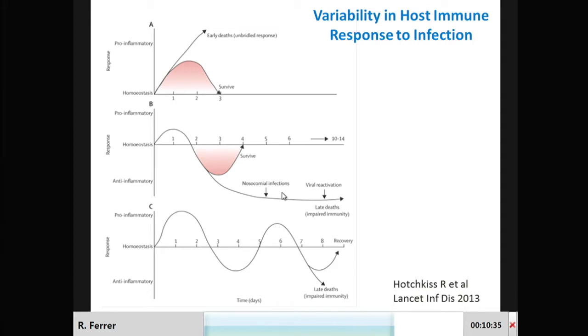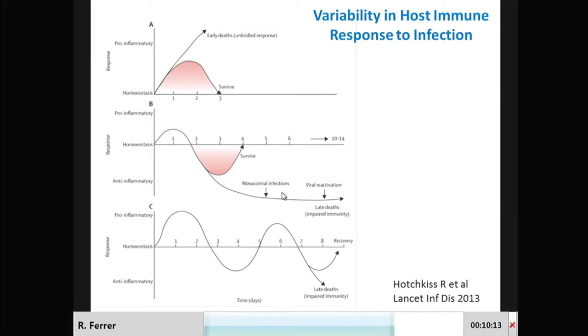Those patients are going to have viral reactivation, CMV reactivation, or be very prone to nosocomial infections like catheter-related bacteremia or nosocomial pneumonia. So there are several opportunities here to treat those patients, especially those with potential early death because of an excess